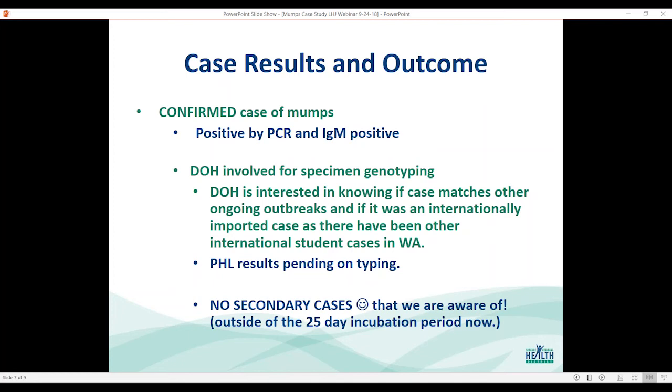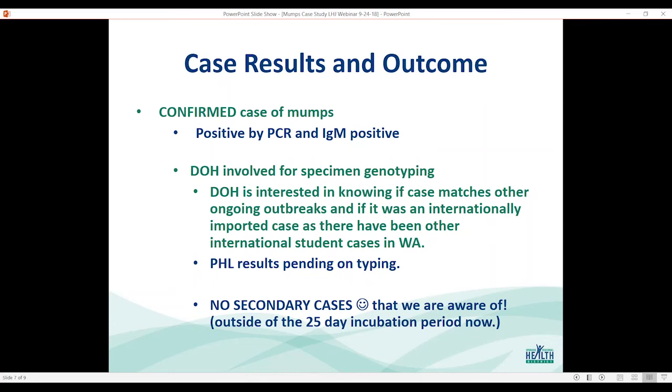The Department of Health is interested in knowing if the case matches any other ongoing outbreaks and if it was an internationally imported case, as there have been other international student cases in Washington in the past couple of years. And at this time, public health results are pending on the typing of this case, so that's unknown at this